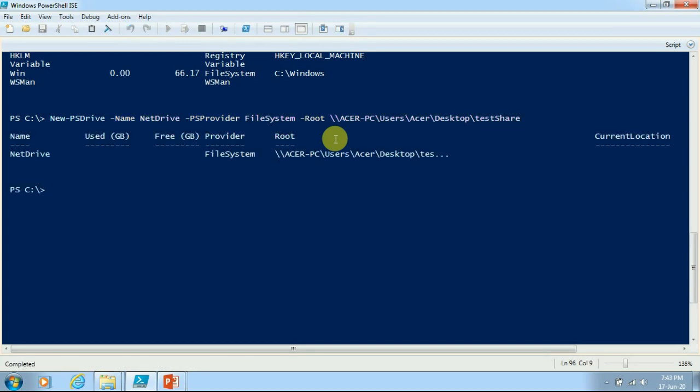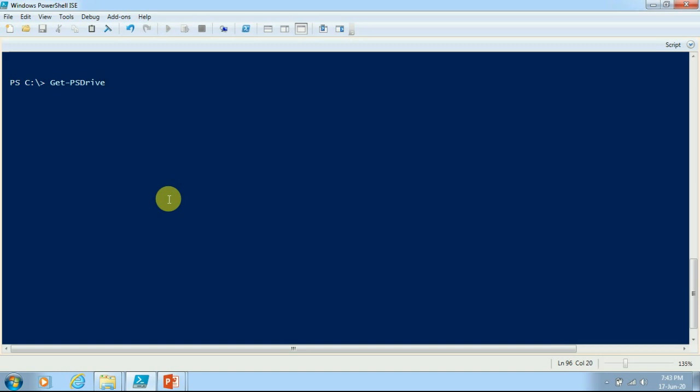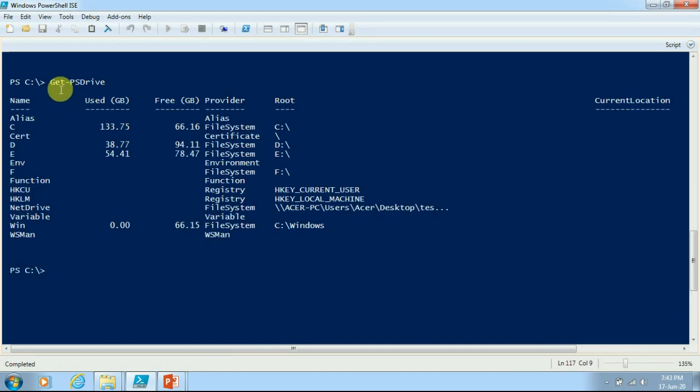After I execute this one, you can see the PS drive got created whose name is netdrive and path is this one. To see this in the list, again execute the Get-PSDrive commandlet, and now you can see here that netdrive got created.